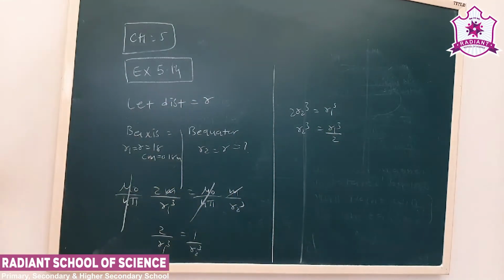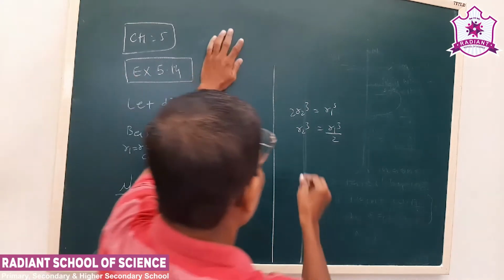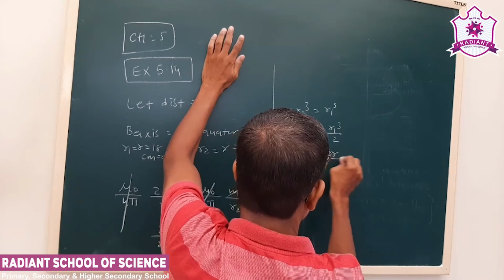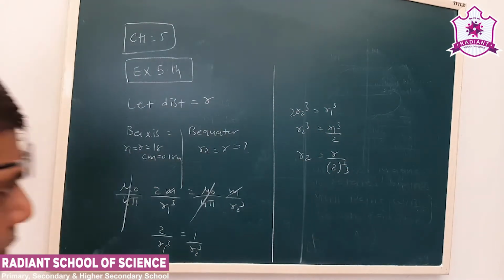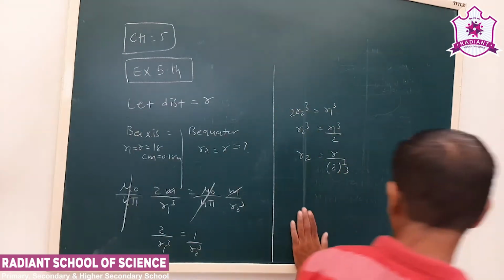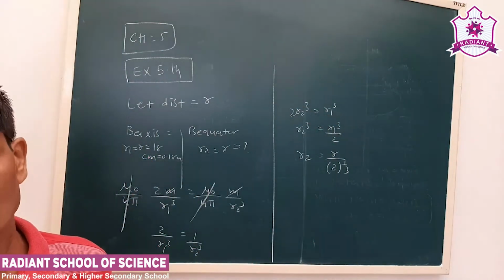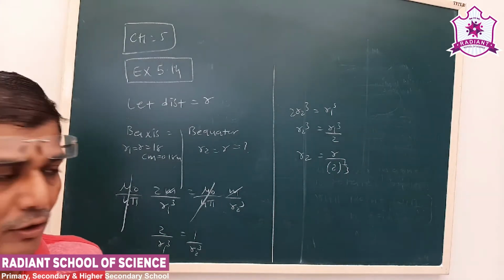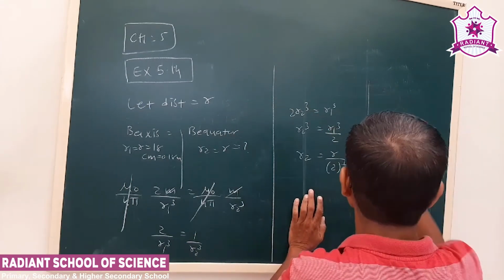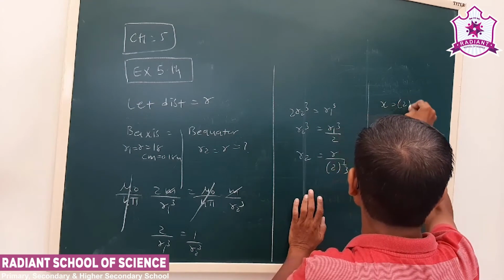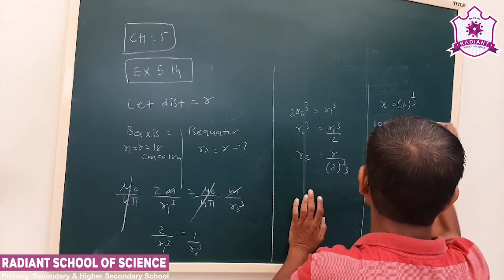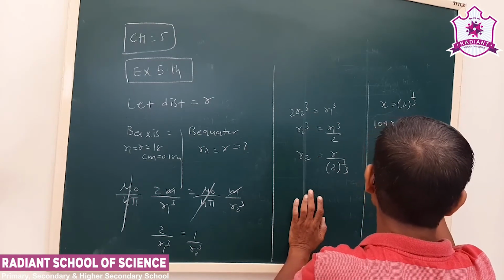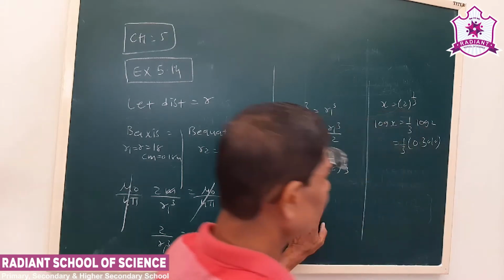Okay, now we take cube root. R2 is equal to R into 2 raised to 1 by 3. Now see how to find out the cube root of 2. You can do it with the help of a calculator also, that has been taught to you. Or we can take the log. Let us say x is equal to 2 raised to 1 by 3. Log x is 1 by 3 log 2. Log 2 is 0.3010, that is known to us.